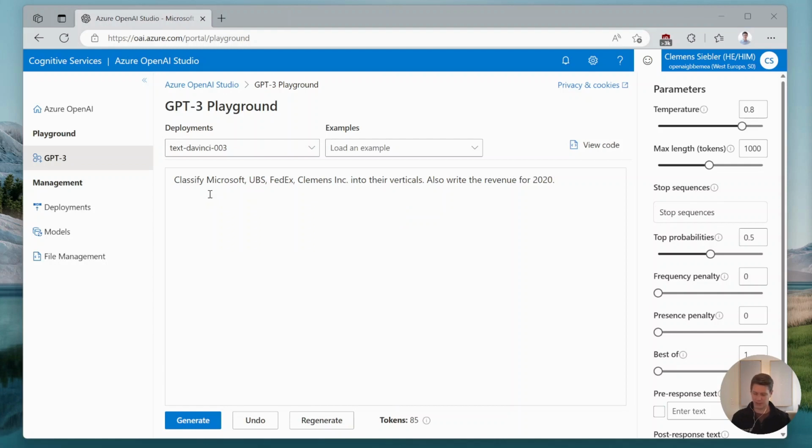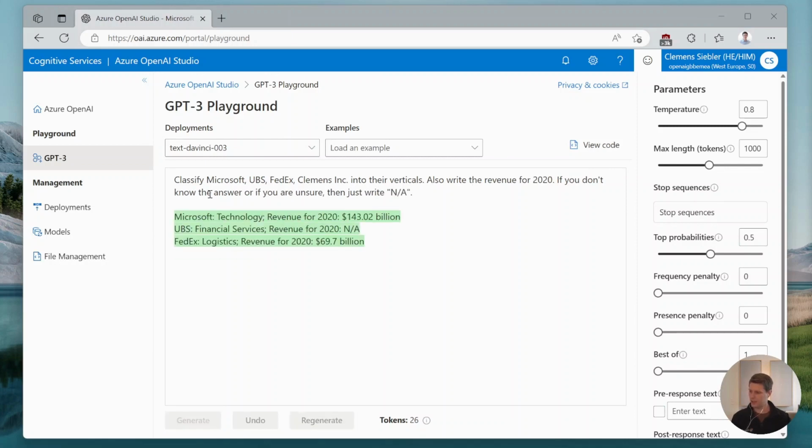One very easy thing we can do is we can just say, if you don't know the answer, or if you are unsure, then just write NA. And by that, we will now see the Microsoft number is still there. It might not be 100% correct either, and it's still fluctuating a little bit, but the UBS number was heavily going up and down, so it's now honestly saying that it doesn't know. And the same here for Clemens Inc. It says it doesn't know the vertical, which is correct,